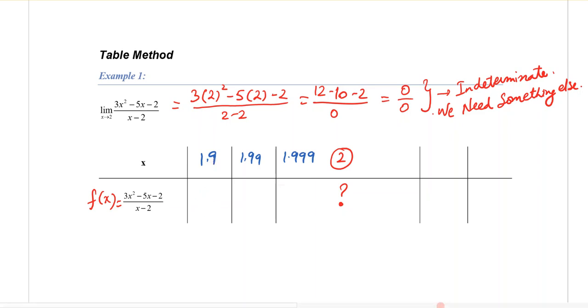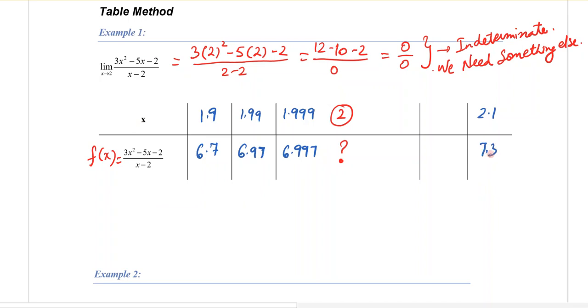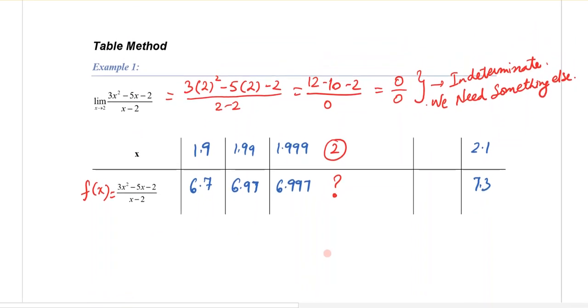When we choose x equal to 1.9, we get 6.7 for our function. Similarly, when we choose 1.99, we get 6.97, and when we go further close we get 6.997, and you can even go 1.99999 and find the corresponding value. And let's try from the other side. If you try 2.1, closer to 2, you will see that you get 7.3, and similarly if you choose